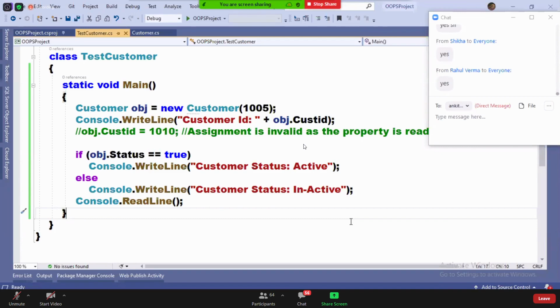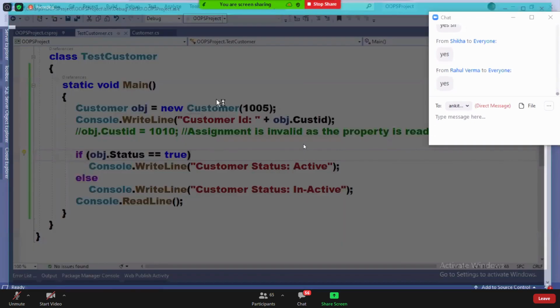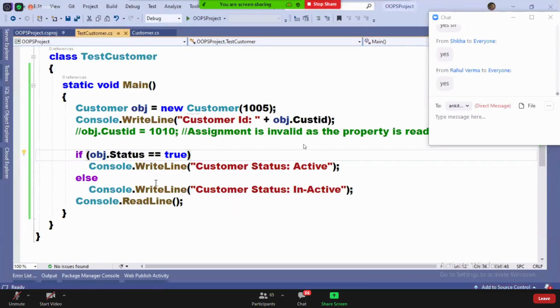Yeah, you can just see the status is going to be inactive. Fine. Next thing, what did you write here?